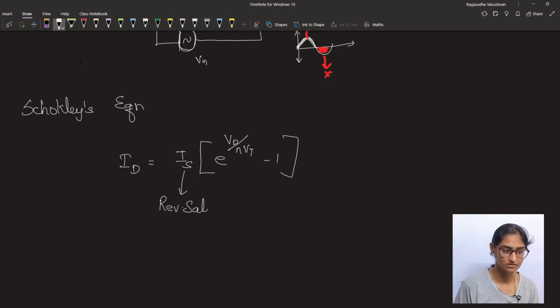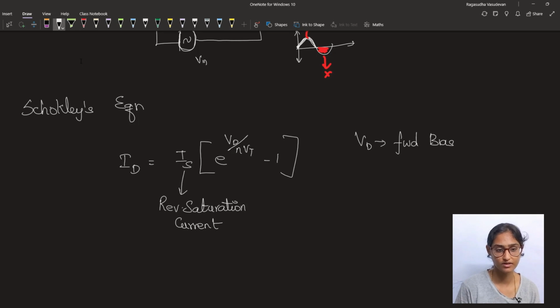This is the reverse saturation current. At what current in the reverse bias does the diode get saturated? You can find that in the data sheets. Vd is the forward bias potential. What is Vt? Vt is